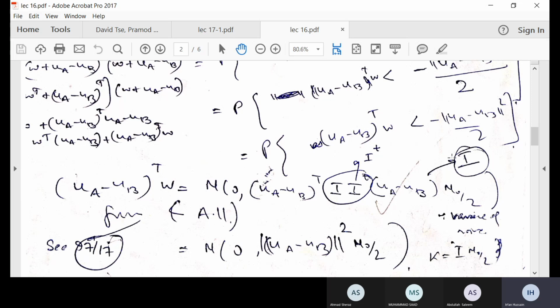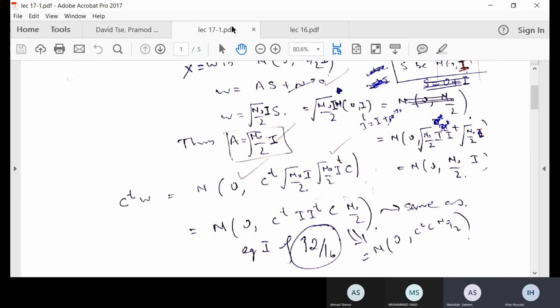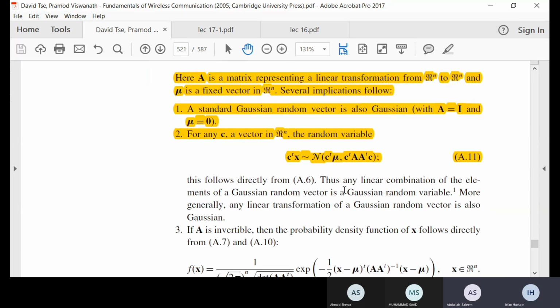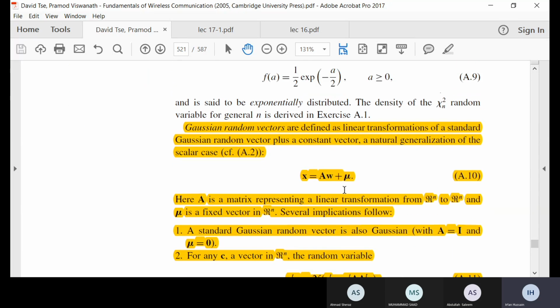If you have a vector and you want to write it in terms of C of n, you have to write 0 comma covariance matrix. You can also represent it in terms of a variance matrix, but mostly we use the covariance matrix because most of the time mu is not 0. But if mu is 0, then covariance becomes this variance, so they are both the same. So this is the form of representation used in the book. You could see here,